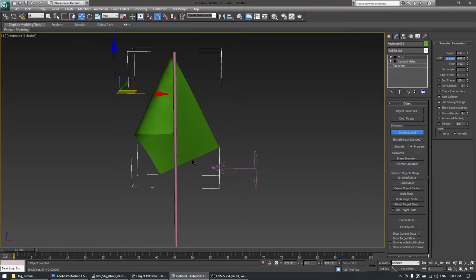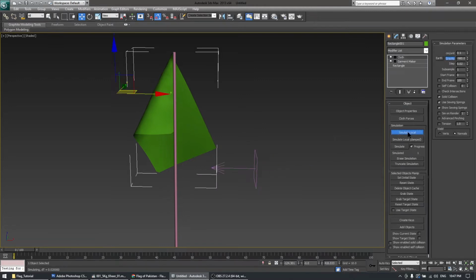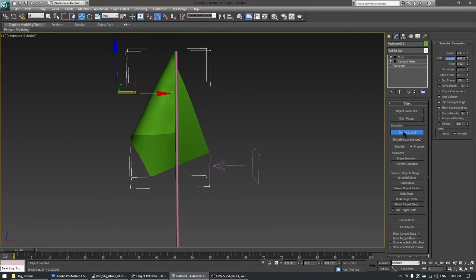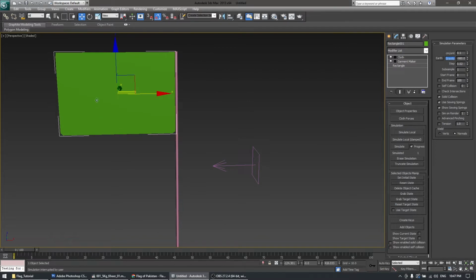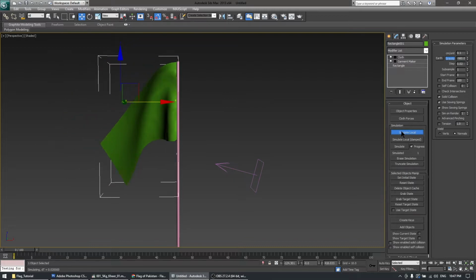So this wind is not performing well, okay? So let's increase the strength of the wind up to 10 and then simulate again, and this is not enough for this cloth. Let's reset the state and move it a little bit upwards and simulate local again, and